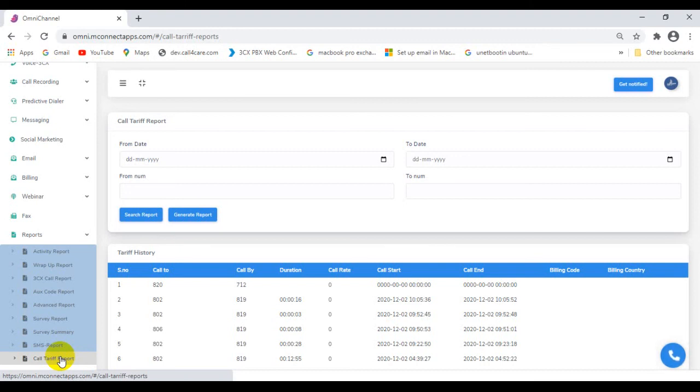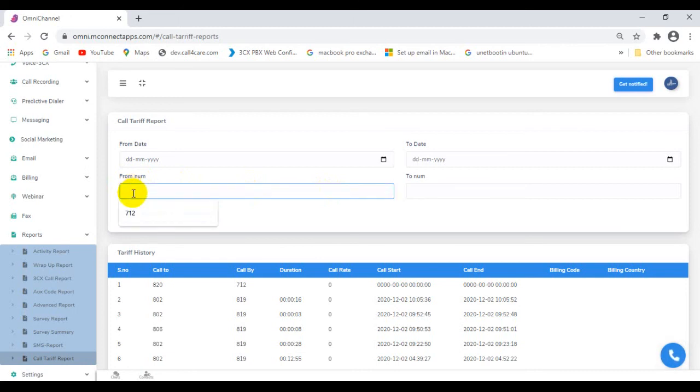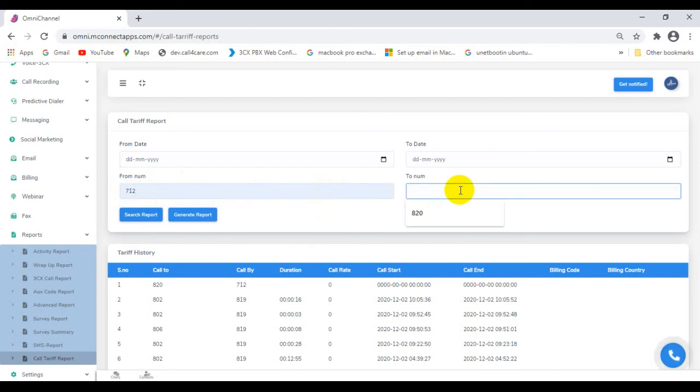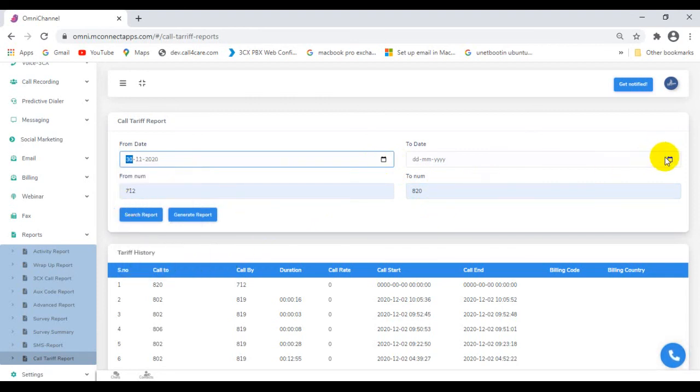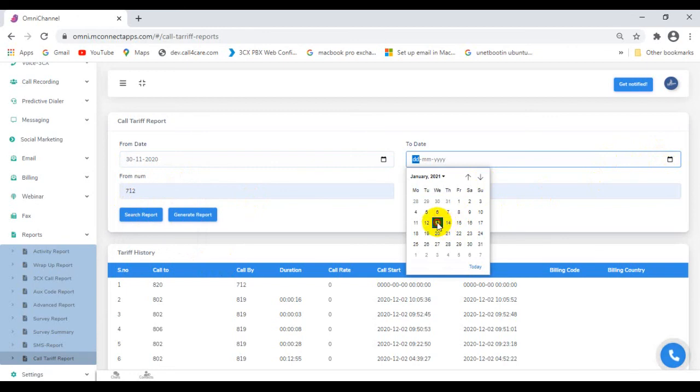You can see here you have to first insert the agent's number. Any agent's number you can insert, and then you have to give the contact number. Any of the contacts that this agent has interacted with should be provided, and the date range for which you want to generate the report should be given.